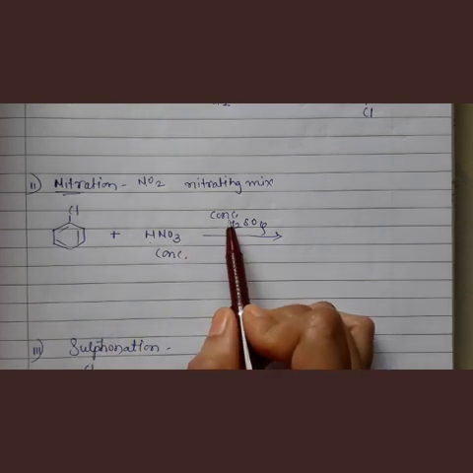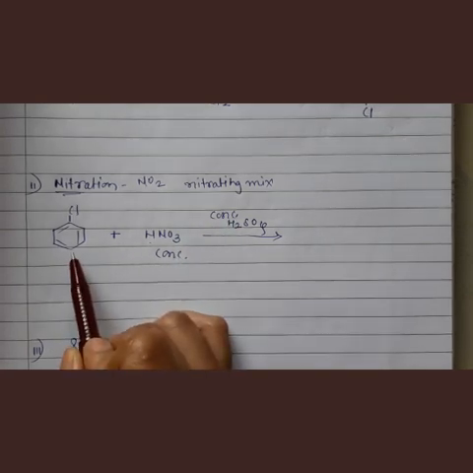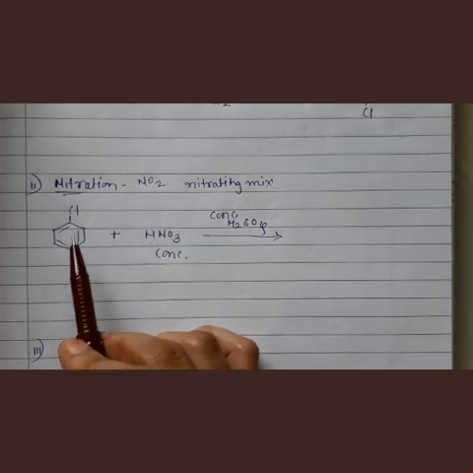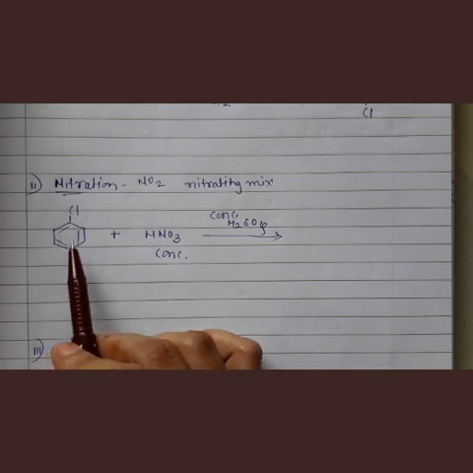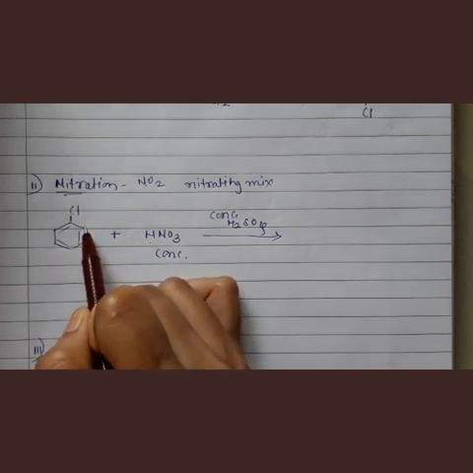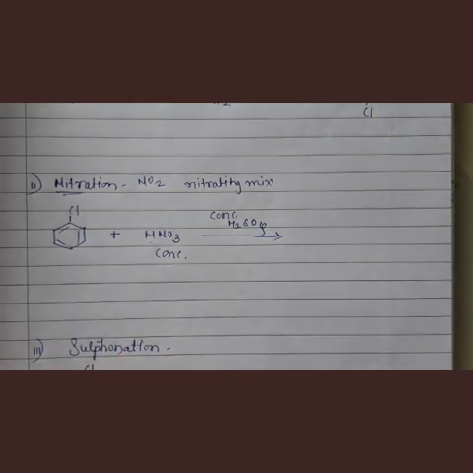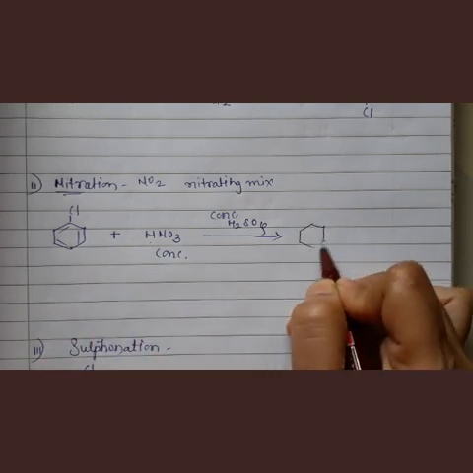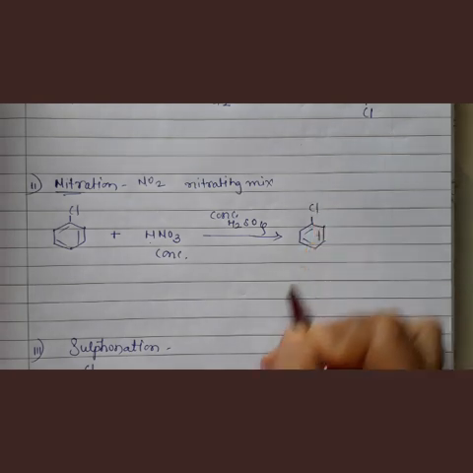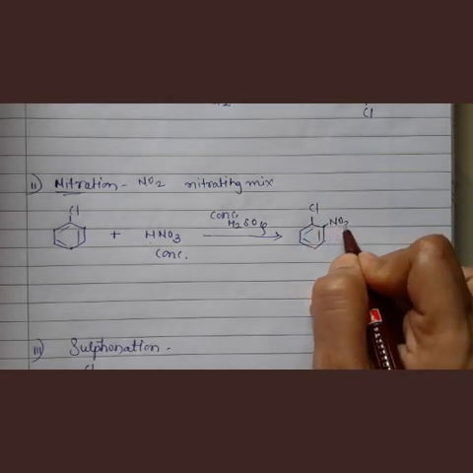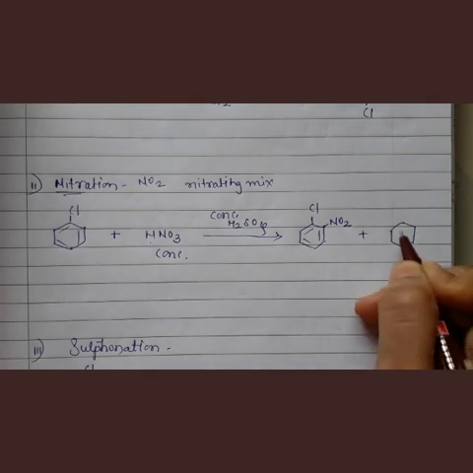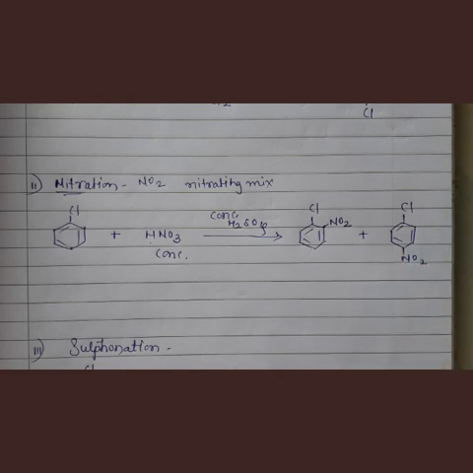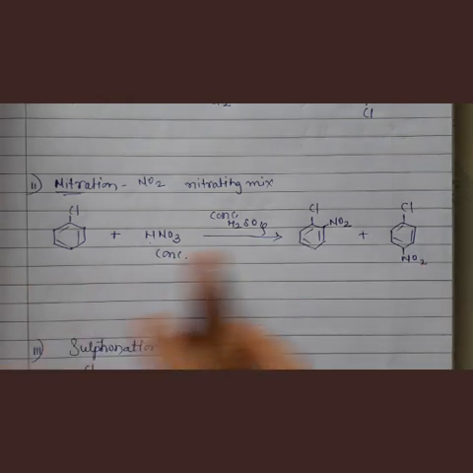Understand? So in presence of nitrating mixture, this aryl halide undergo nitration reaction, means introduction of nitro group on this aromatic compound, aromatic ring. Okay, and here also one product will form with ortho attack, another product will form with para attack. Okay, here one NO2, then in another ring here NO2. So here also two products will form. Chlorine is there, and this is your ortho product plus this is para product.